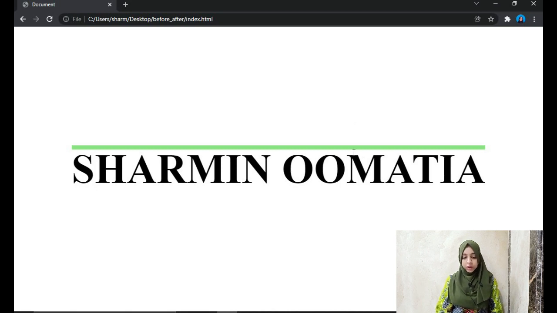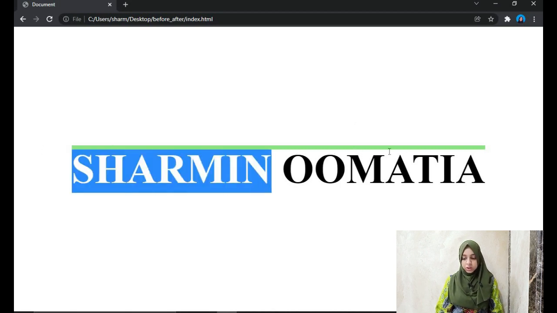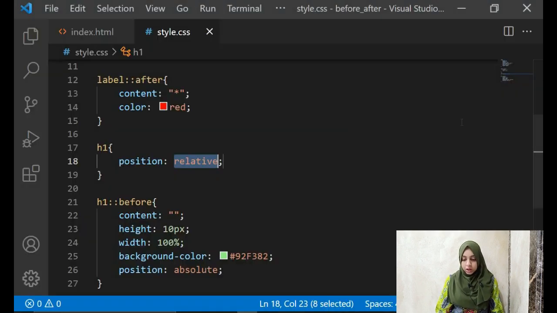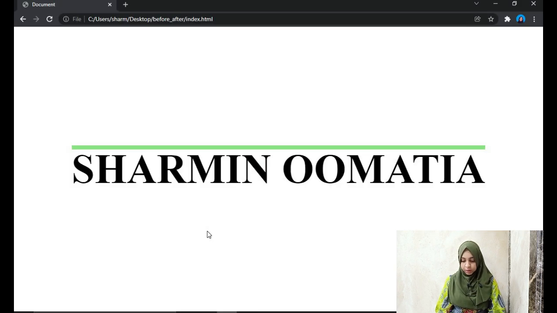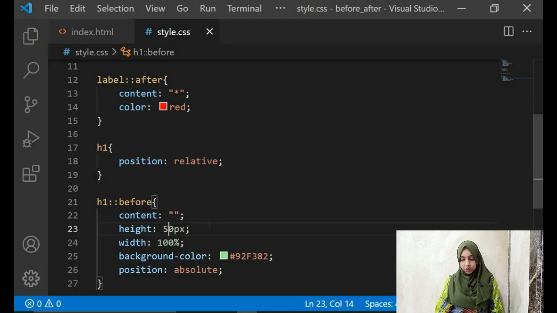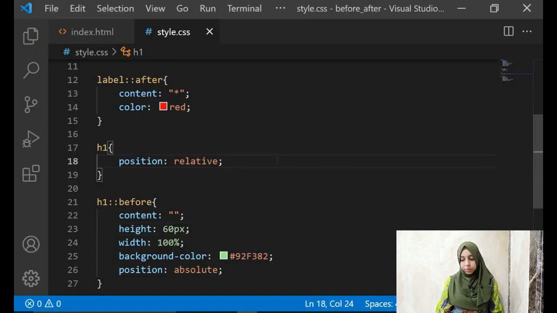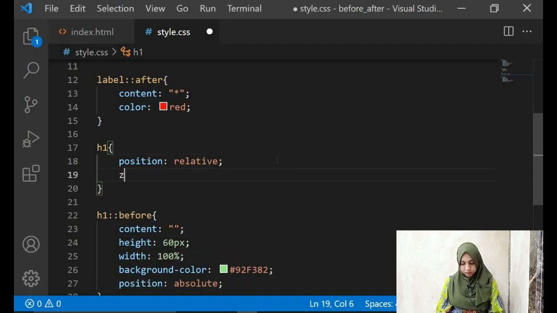You saw when I gave it a relative and refreshed, it's just taking the entire space over here, it's not going outside, right? So yeah, and here we can increase its height to, for example, 50 pixels. Can you see? Or for example, maybe 60 pixels, that would be good, right? 60 pixels, you can see it's coming half the way down, and now you can bring your h1 in front, right? So z index to your h1 can be, for example, 10.